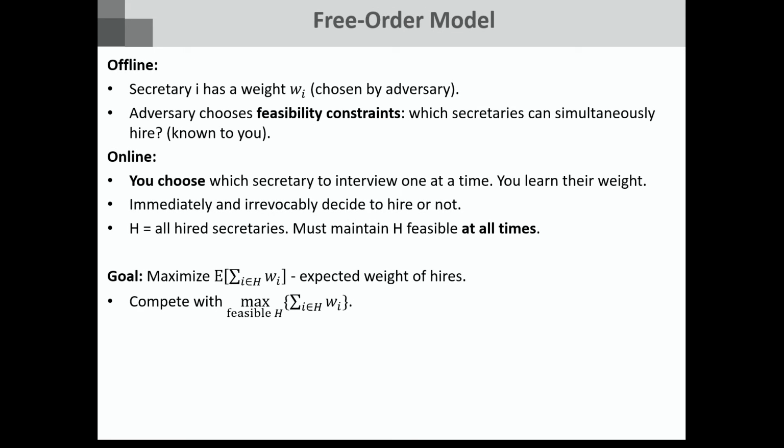Okay. So the last result I want to show you is actually in a slightly different model called the free order model. Let me define for you what this model is. It's not very different. So still offline, every secretary has a weight chosen by an adversary. The adversary chooses feasibility constraints. And you'll notice what's missing is that the